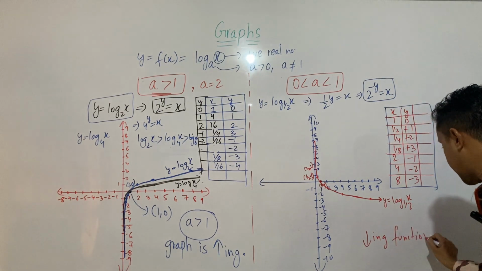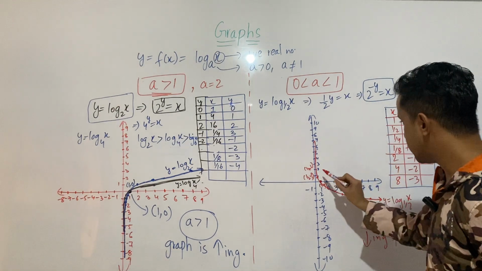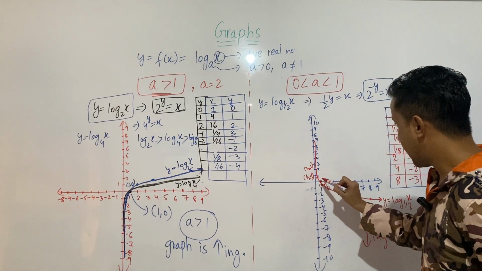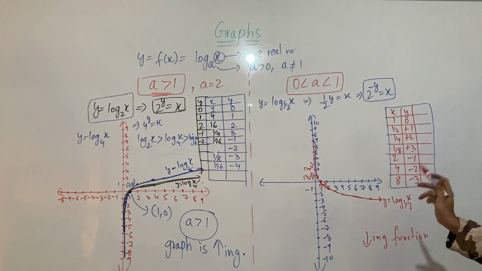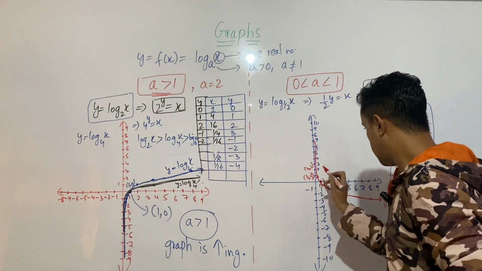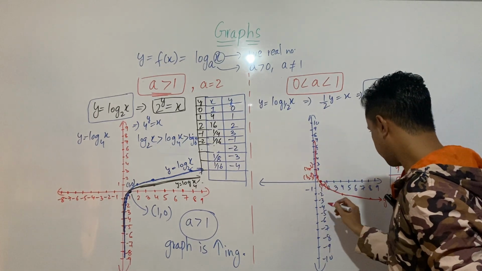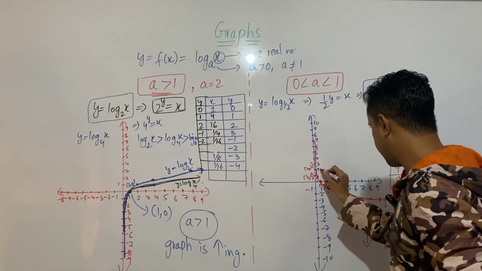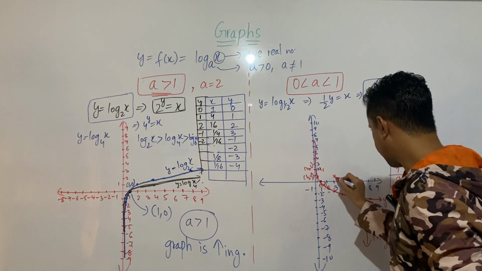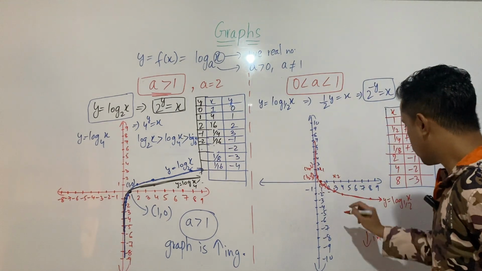Because if you take any two points and compare the values of y, for example, this is my one point and this is my next point, this is my x1 and this is my x2. Now if you see here, the value